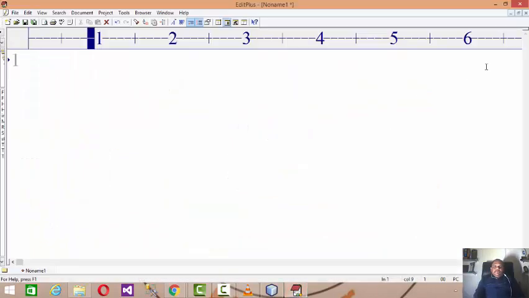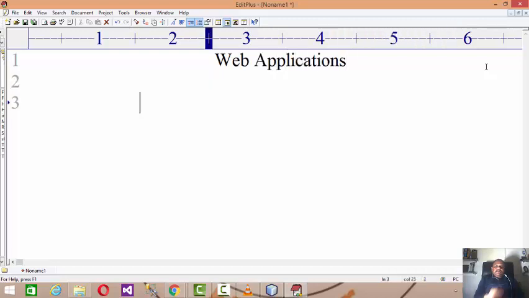Till now we discussed that while developing web applications through Java, we have to divide the web application development into three parts. First one is designing the presentation layer.